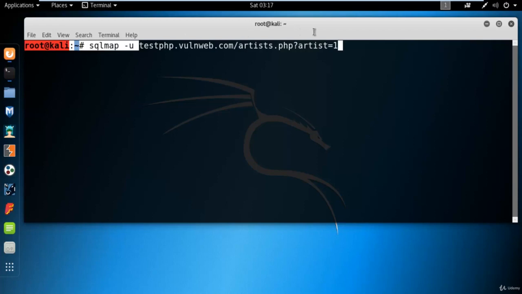After that, type the link of the website and space what you want to find. I want to find the databases, so you can type --dbs. DBS means databases. Use --dbs to find the databases of this website and hit enter.